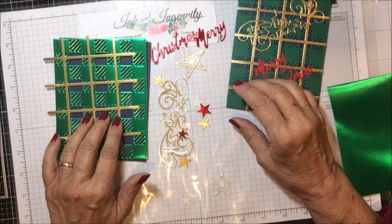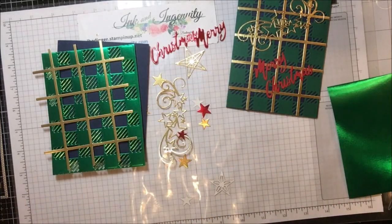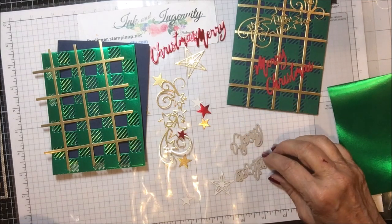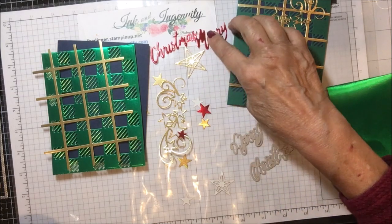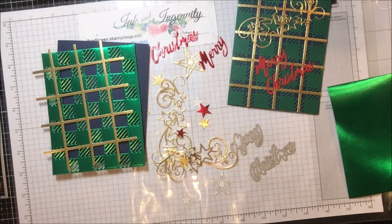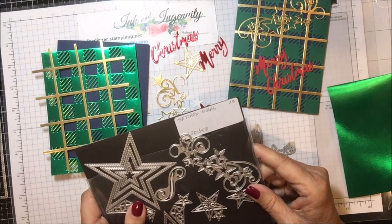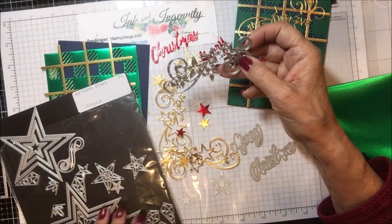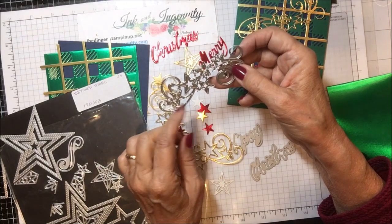And as the result of punching out these, let me tell you where those come from. So I used the Merry Christmas die first. Let me tell you about that. I used the Merry Christmas die from the Word Wishes dies, and I cut out my Merry Christmas in foil, and I also cut it out in red cardstock too. And then I cut out these pieces, and these come from our Stitched Stars, and it's this die. And as the result of cutting this out, you get a lot of these little extra stars that just punch out of here,